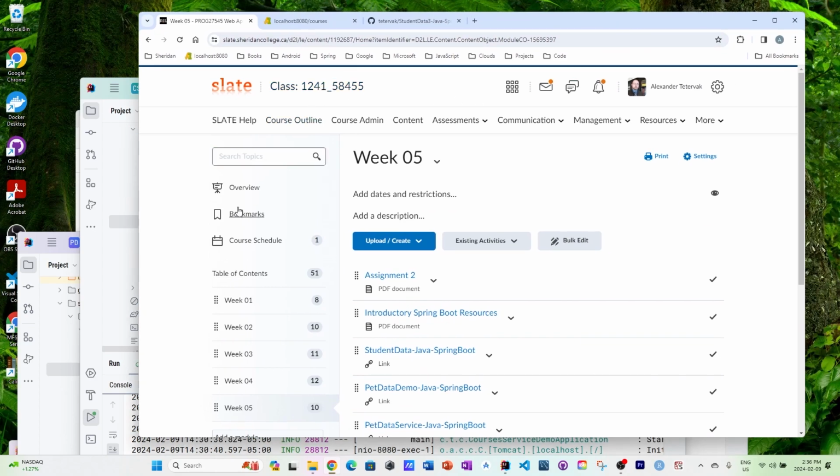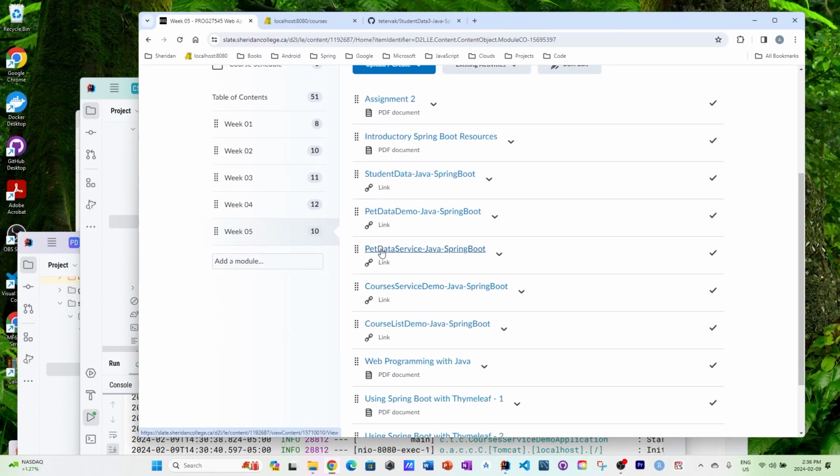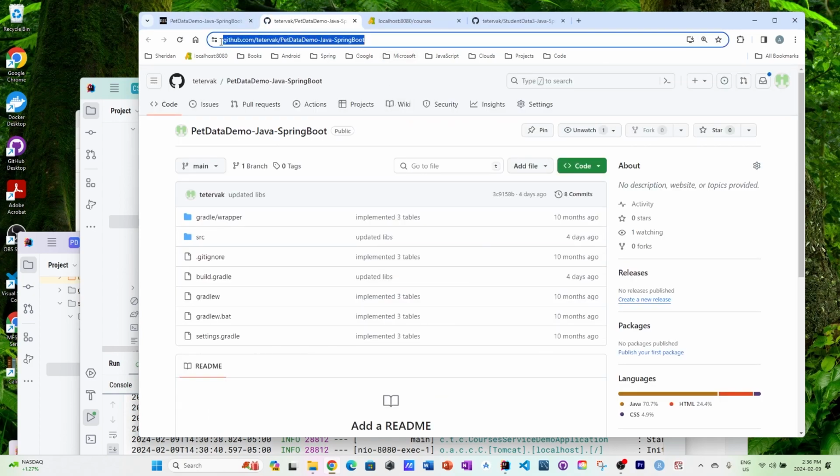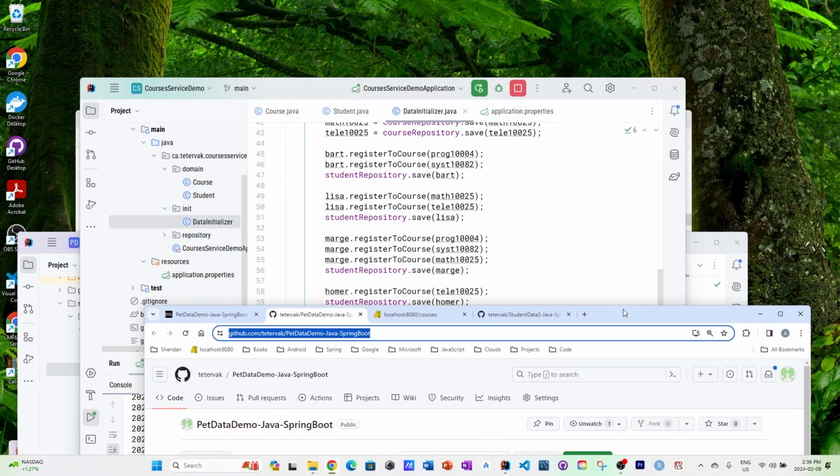So let's clone that one. It is pet data demo without the word service. This is longer, it has more data and more tables. This one, copy. And by the way, before we go there,